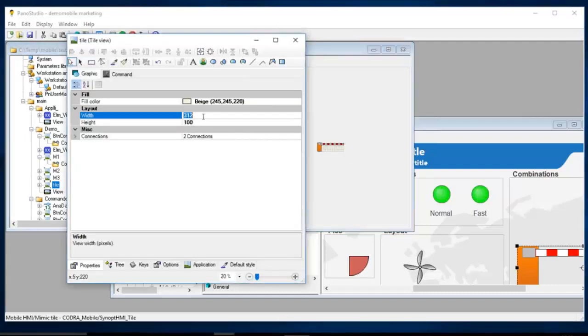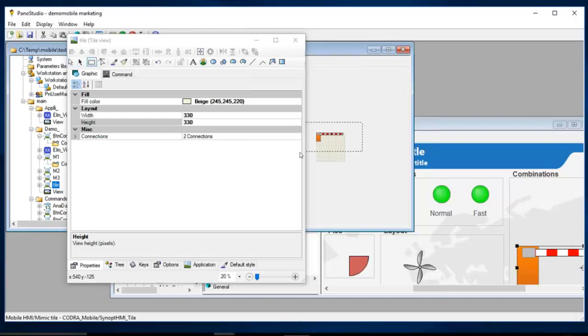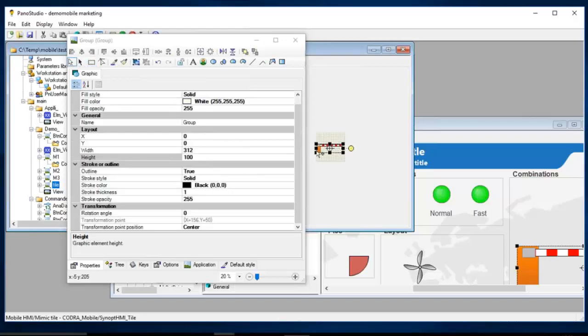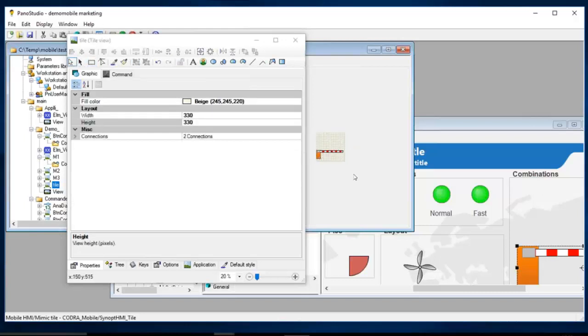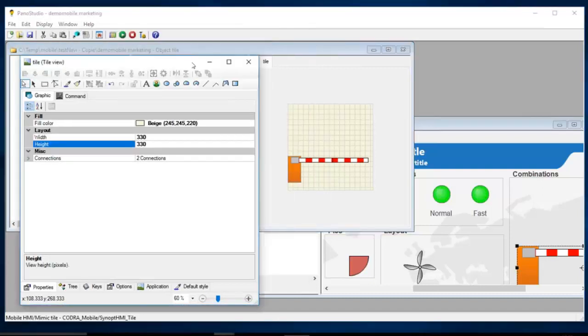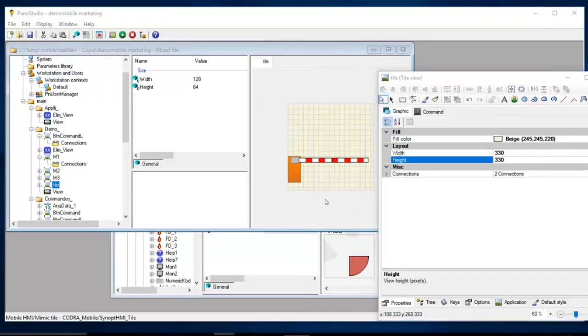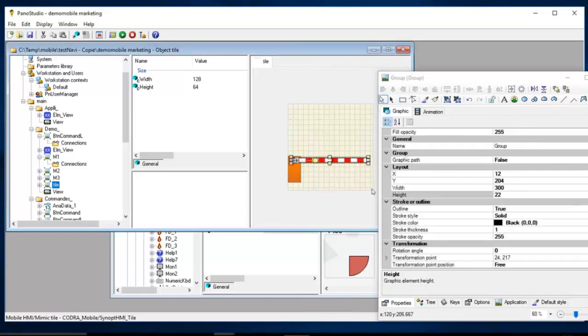It's a little bigger because this has an opening animation. So I won't set anything else in my behavior.